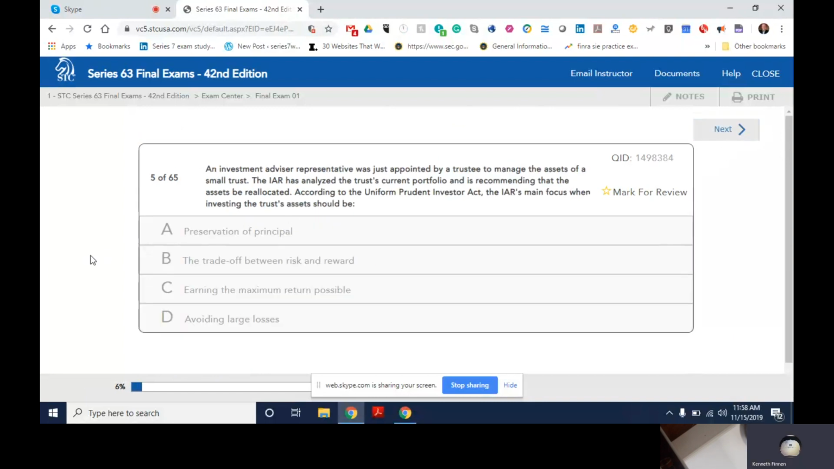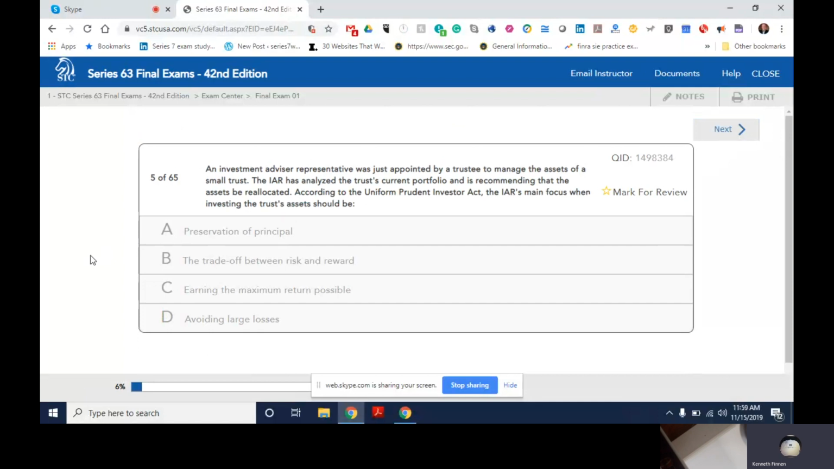An investment advisor rep was just appointed by a trustee to manage the assets of a small trust. The IAR has analyzed the trust's current portfolio and is recommending that the assets be reallocated. According to the Uniform Prudent Investor Act, the IAR's main focus when investing the trust assets should be, okay, basically,